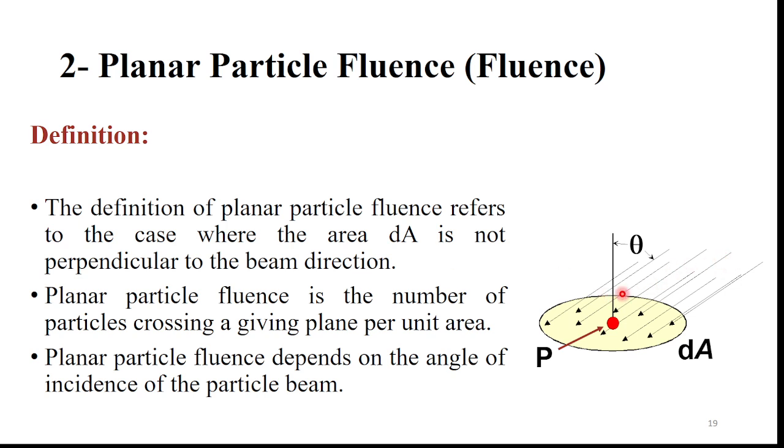As you see here, the beams are not perpendicular to the surface area. The planar particle fluence is the number of particles crossing a given plane per unit area. This is the same definition, but the planar particle fluence depends on the angle of incidence of the particle beam, since the angle is not 90 degrees,